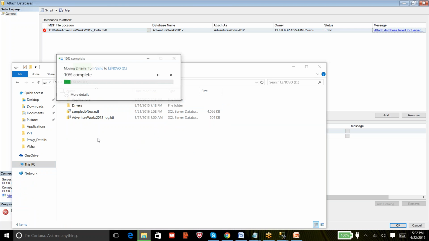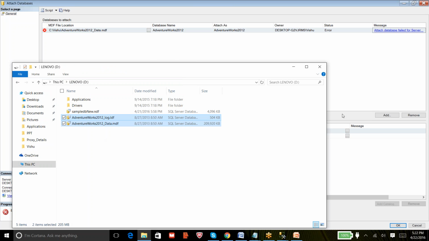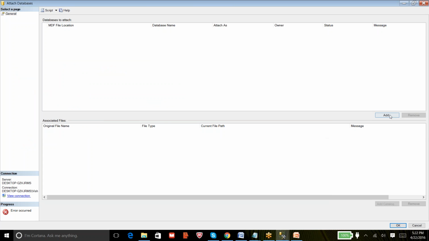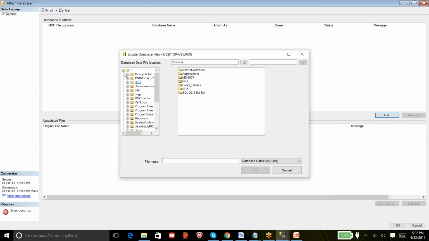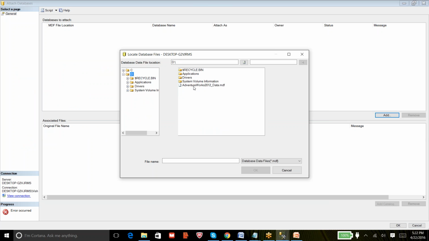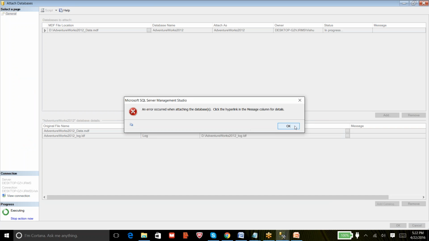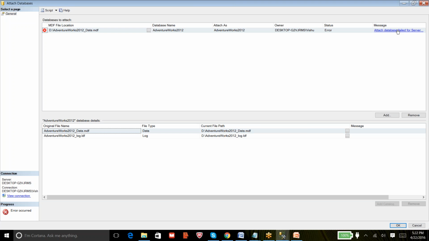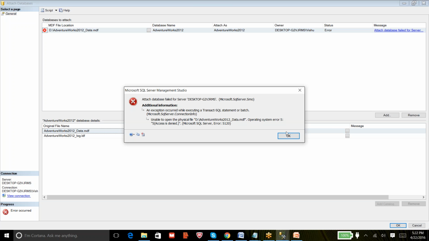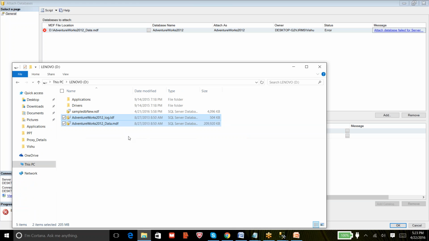Maybe let me try to go to the D drive and copy the files to this location. Okay, I remove it and add the MDF file again. Now it is on the D drive. No. Wait.